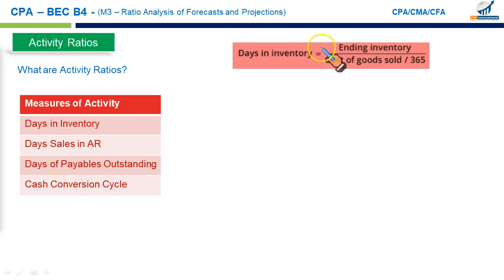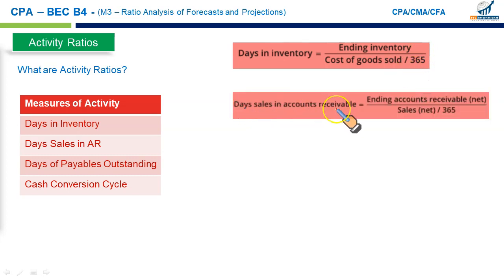The first one, days in inventory, that's how we calculate ending inventory upon cost of goods sold, multiplied by 365. This tells us how many days do we hold our inventory. This ratio reflects how long it takes on average to turn our inventory into sales. Lower the number, it means we are more efficient. So projection related numbers, if we expect the days in inventory to be lower in the future, that is good for the business, meaning the business will have less trouble in managing cash and liquid assets.